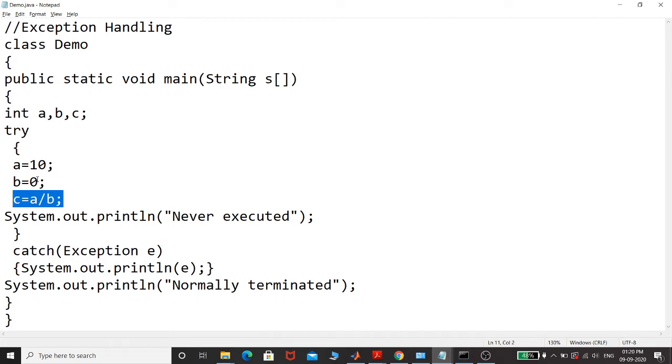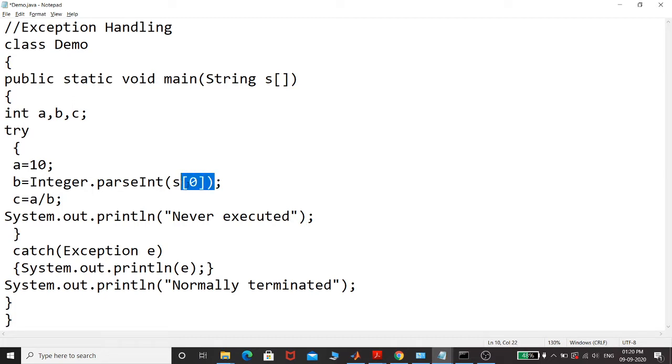But in case I do not use this, or b is not equal to 0, and I use Integer.parseInt of args[0], that simply means that I am taking input from a command line argument, right? If my input is some numeric value, I'll get an answer, that will be fine. But if I input a 0 value in the command line, I will have a divide by 0 exception. And if I provide some string value, it will give me a number format exception.